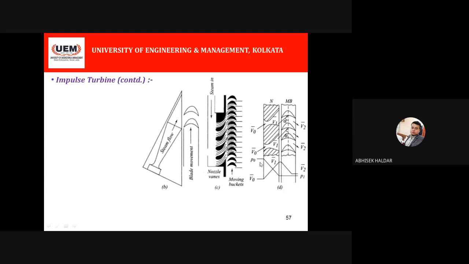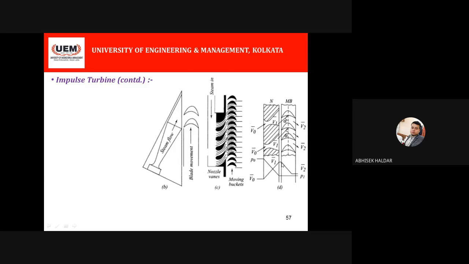If you see this graph, one graph is for v, velocity, and the other is for p, that means pressure. Whenever the steam passes through this first part, has the pressure dropped or not? If you see this line, the pressure has been dropped, right? Yes, sir. The pressure is dropping, and parallelly the velocity is increasing. The same graph shows the changes in pressure and velocity. So pressure is dropping and velocity is increasing. That is happening in the nozzle series.